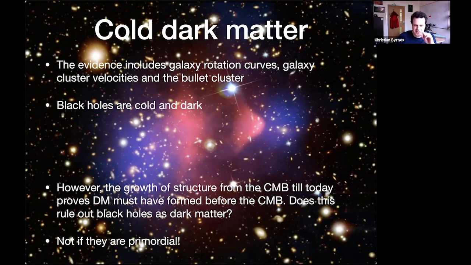However, the growth of structure as seen from the cosmic microwave background, where the power spectrum is about 2 × 10⁻⁹, meaning the individual perturbations are a few times 10⁻⁵. In order for those to grow quickly enough to form galaxies within a few billion years requires a large reservoir of dark matter which was not coupled to the radiation, to the photons, and hence could gravitationally collapse earlier than the gas in the universe, especially the electrons, which were coupled to the radiation until the time the CMB formed. So the reason why astrophysical black holes are not a good dark matter candidate is not based by itself on galaxy rotation curves or cluster velocities or even the bullet cluster. It's specifically from the fact that we need the dark matter to exist already at the time of the CMB,